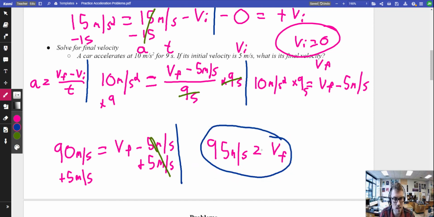Now let's think about that. That makes sense, right? Because we started off, our initial velocity was 5 meters per second. We accelerated at 10 meters per second squared for 9 seconds, right? Which means